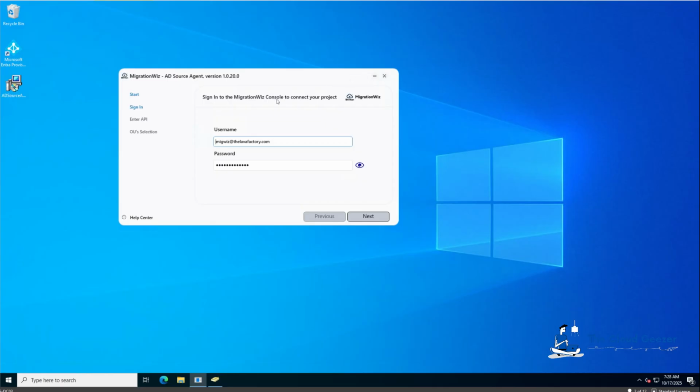Now, the source in this one is going to be the local AD, but we run up the source agent, which you obviously download from the console, get onto your machine and run. You can see here now it's asking us to log in with our MigrationWiz account, which is this one here. Hit next. Now, we've used this one before, so it's going to have the old API key and the project name. So I'm going to put in here what the correct ones will be for this project,